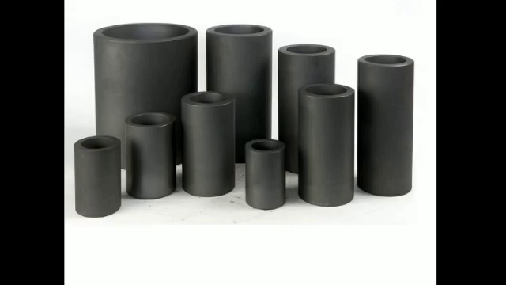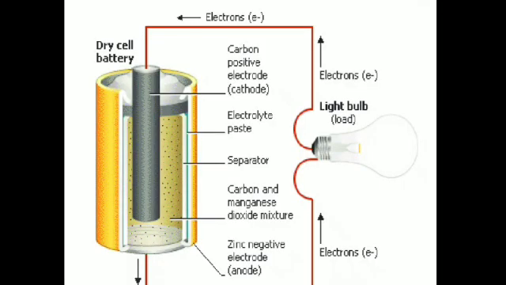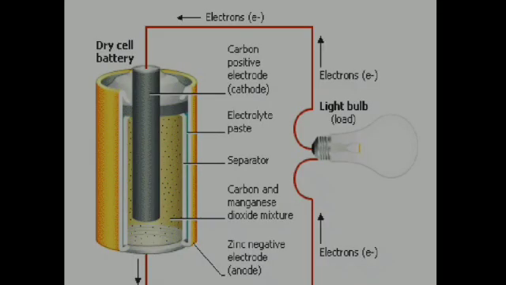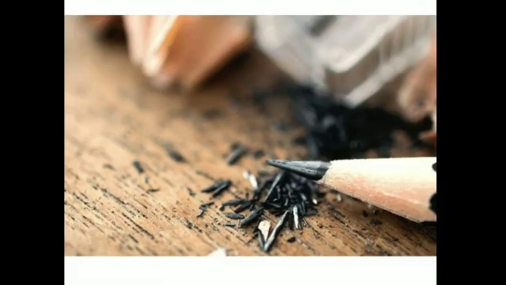Next use of graphite is in the cells you have seen around you, used in torches and in remote controls. What are they containing? They are containing graphite inside them, which acts as an electrode, just because it is a good conductor of electricity. Hence it is also used for making electrodes of electric furnaces. Apart from dry cells, it is used in the form of pencil lead, that is graphite marks black lines on paper.